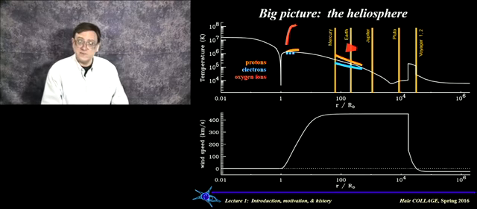It's a dominant hydrogen plasma, so there's protons and electrons that make up most of the plasma. Then there's heavier ions, and they can all have different temperatures. In the lowest density region above the polar coronal holes, we'll get into what all these things are soon, it sort of looks like what I've plotted. The heavy ions are the hottest, the protons are slightly hotter than the electrons, and that persists all the way out into interplanetary space. The observations are still getting better and better, and we're still getting a better feel for